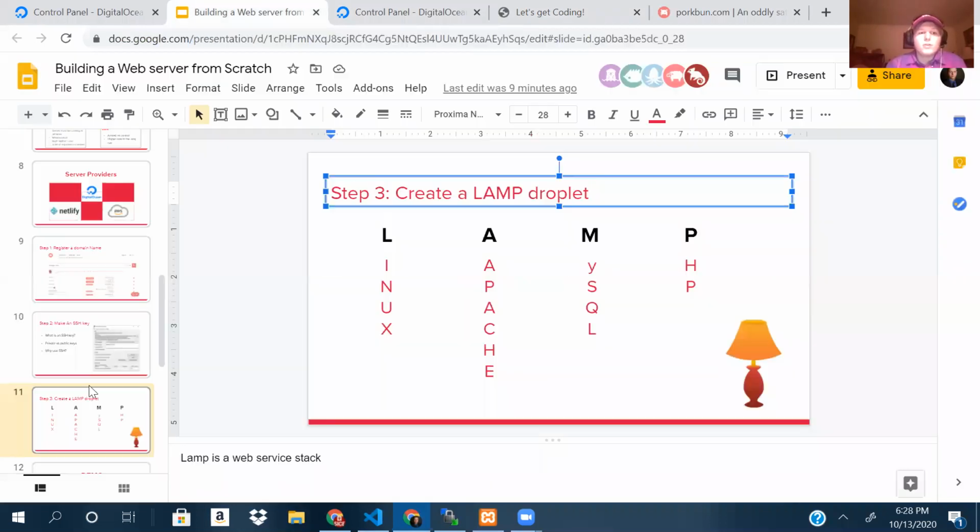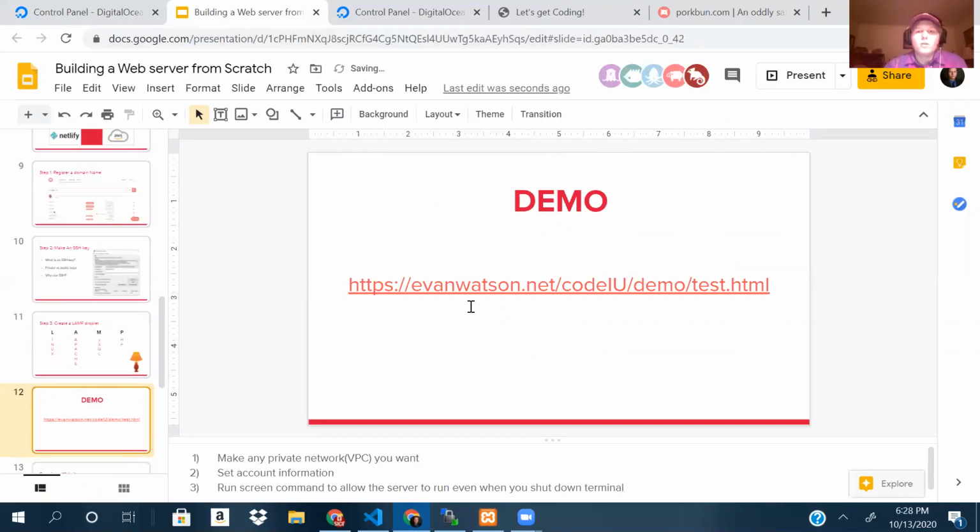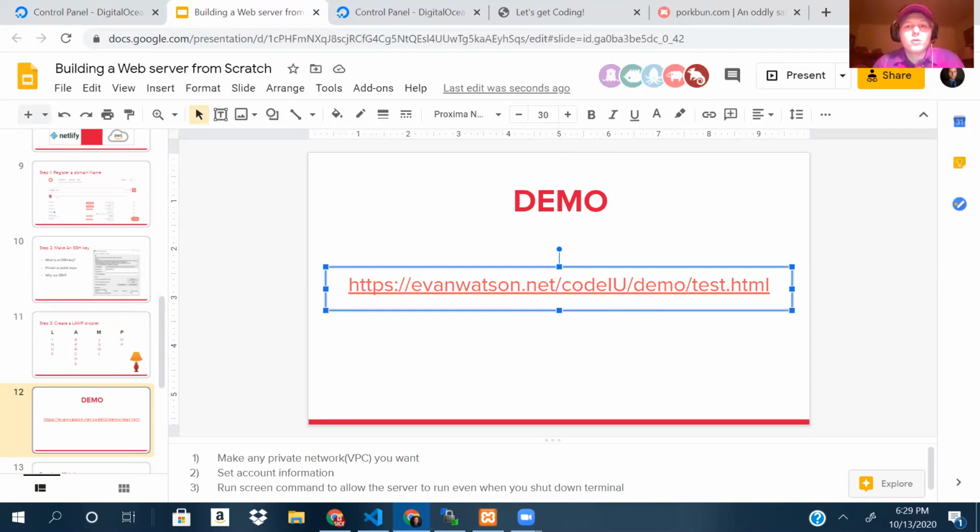So after that's all set and you've downloaded it all, the Linux and the Apache, MySQL, and PHP should all be software that's already installed on your server. It does most of that work for you. So then if you guys want to just go to that site real quick, this is just what I hosted under my, here,